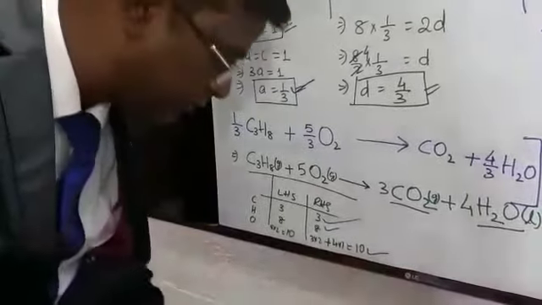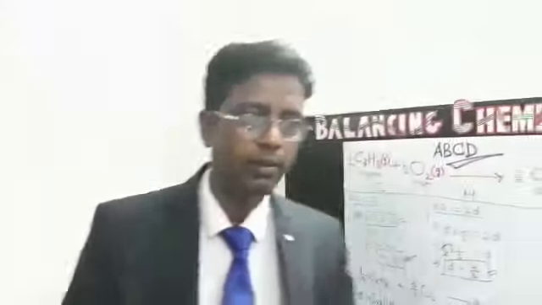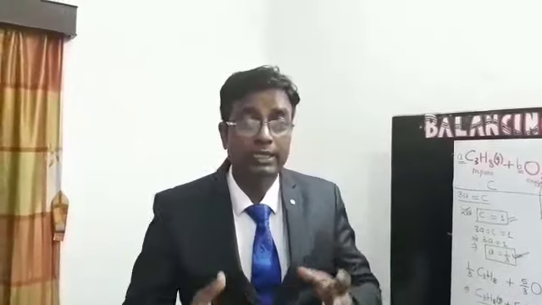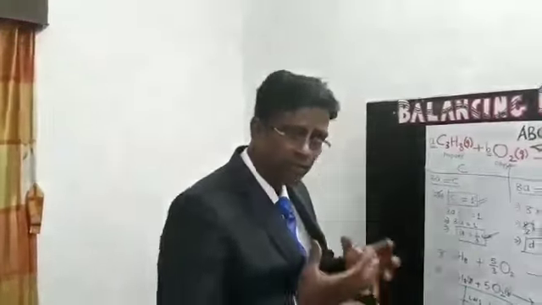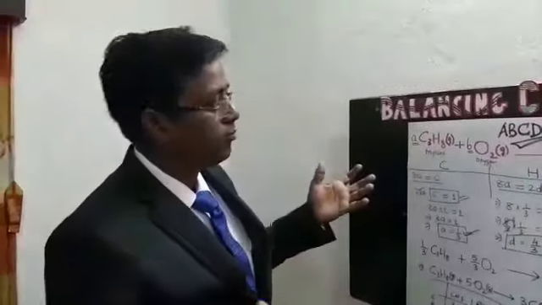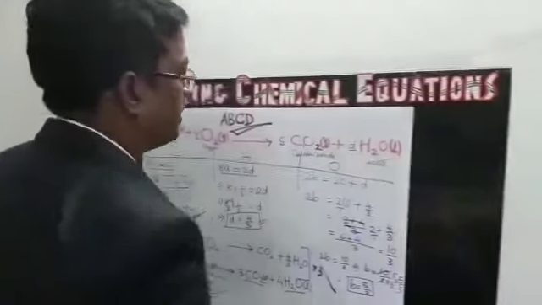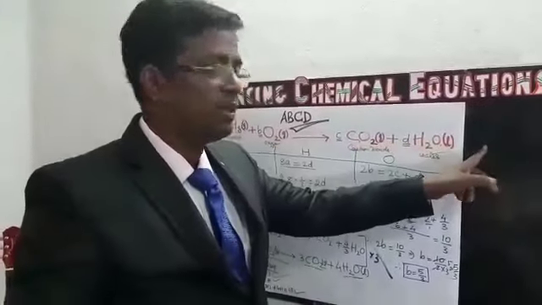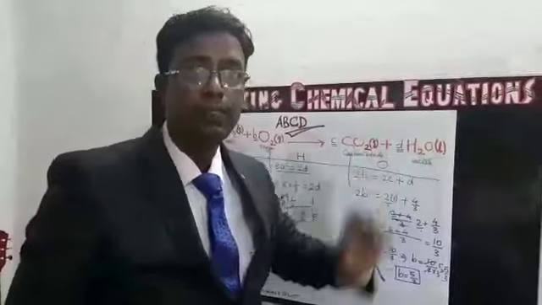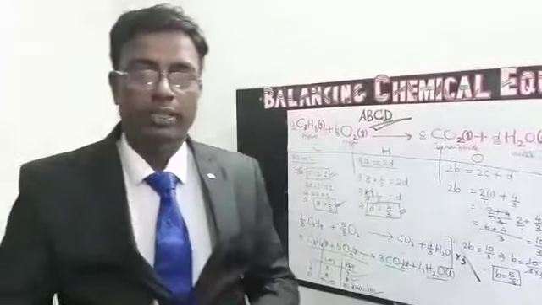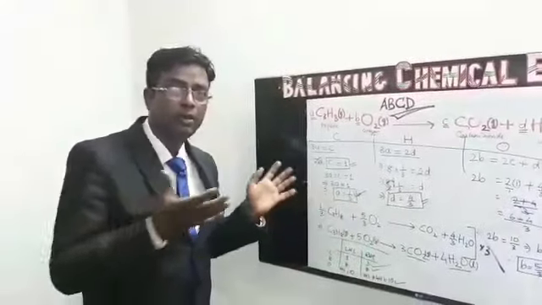This is a very convenient method when the equation is quite cumbersome in terms of values and complexities involved. Then we might find the trial and error method a bit time consuming. So this is the ABCD method. Now if one asks me, if I have 3 products, what will I do? It will be again the same A, B, C, D, and the 5th, that is the 3rd product, you take it as E, and form small linear equations, equate them, find the values and substitute. With subsequent practice, you will become a master of balancing.